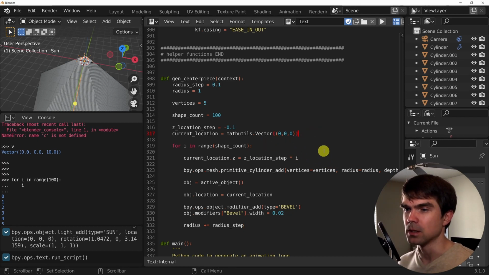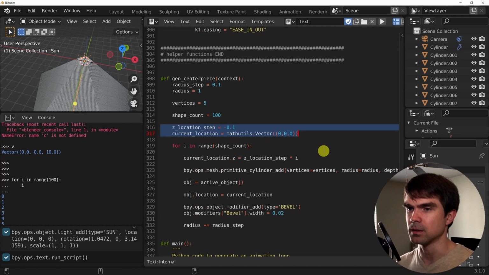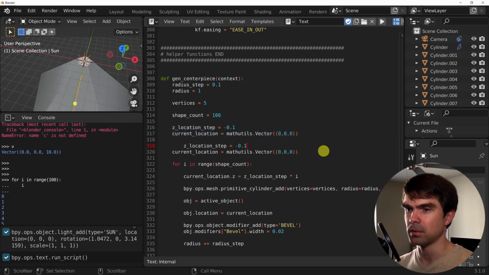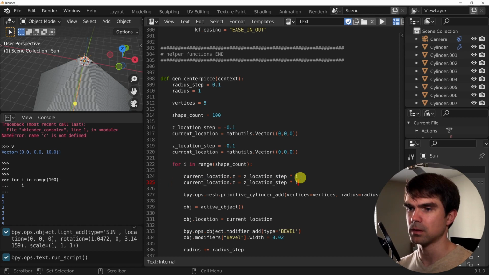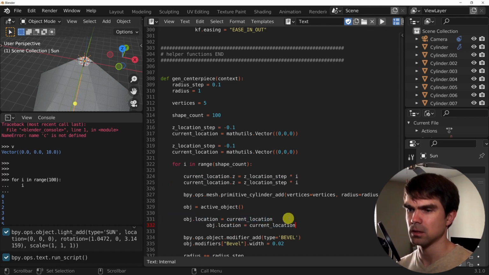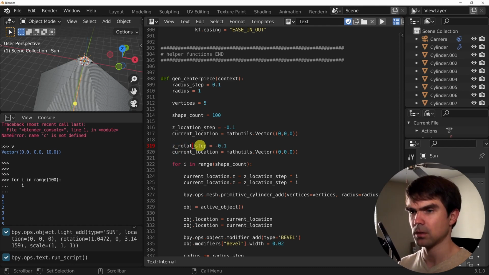So I'm just gonna create a similar setup as the location. Like here, I'm gonna copy all this. So it's the rotation, so Z rotation. We're going to use math radians.